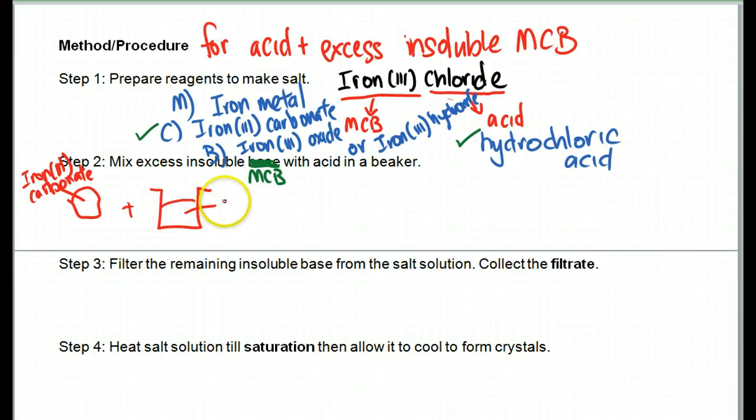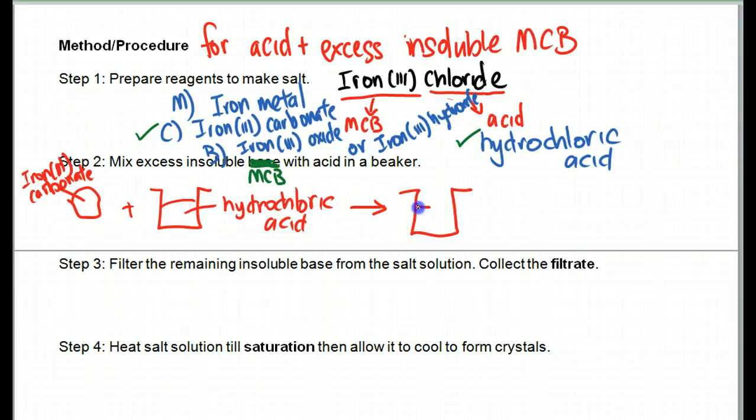In this case here, what kind of acid is this? This is my hydrochloric acid. I'll mix them together and what I'll get is a lump here. Now, because you are adding excess, that means there's a lot of the MCB,